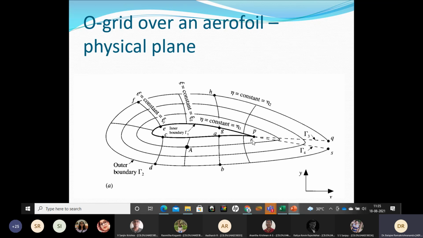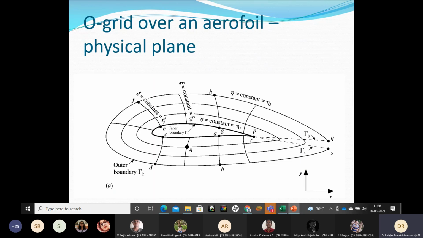Let's say a trailing edge P and R are there. On the body, A, C, E, G are there. So this boundary we call gamma 1, and the outer boundary, which is the outermost O, we call gamma 2. Then you make a cut, like a tailor. You just make a cut from here on the cloth and proceed until the trailing edge. And then you assume it's a void here, you just open it up. Then this edge of your cloth is gamma 4, the other edge is gamma 3.